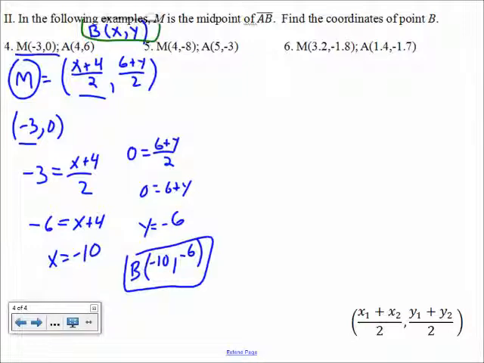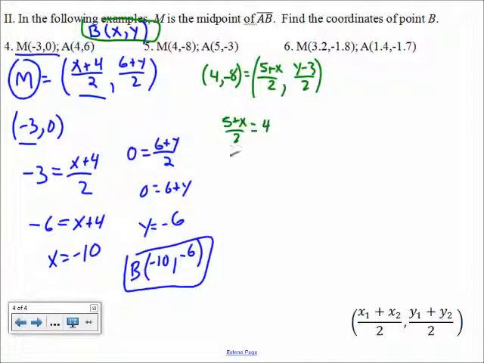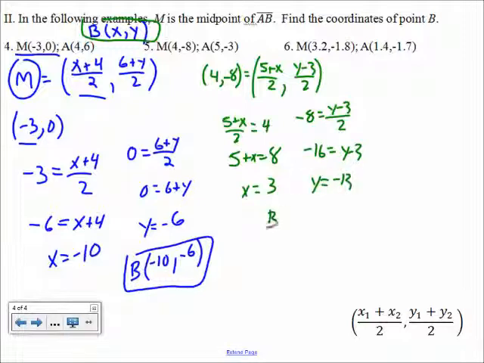For number 5, again, I will use B as x, y, which means that the midpoint, 4, -8, would be equal to the average of the x's, 5 plus x over 2, and the average of the y's, y minus 3 over 2. So 5 plus x over 2 is 4, or 5 plus x is 8, which means that x is 3. -8 would equal y minus 3 over 2, which means that -16 equals y minus 3, or that y is equal to -13. So the coordinates for B are 3, -13. And the last one,